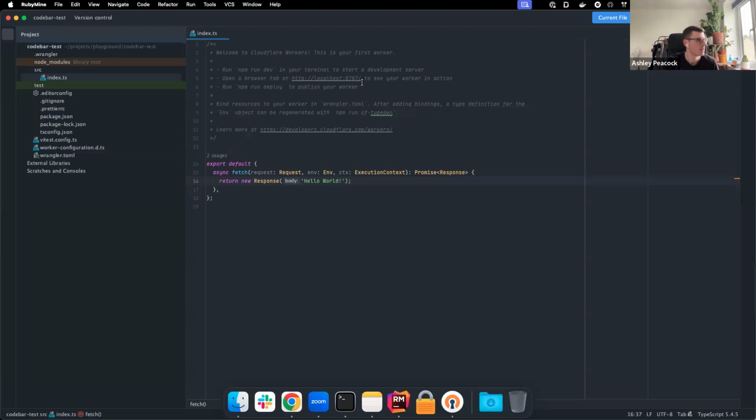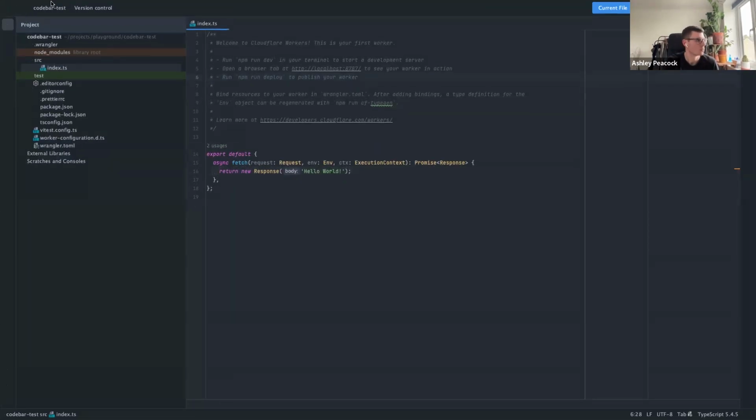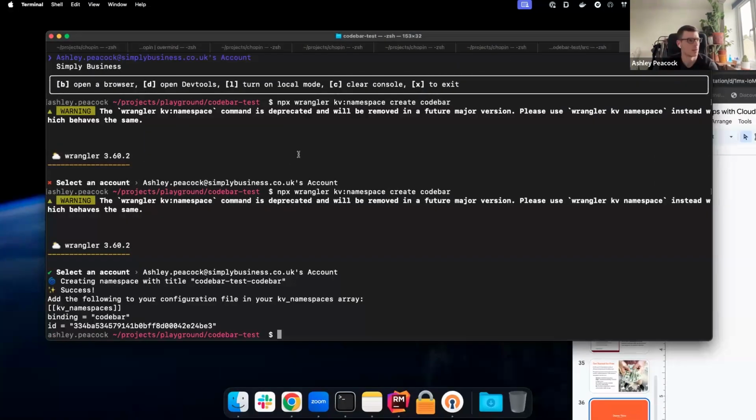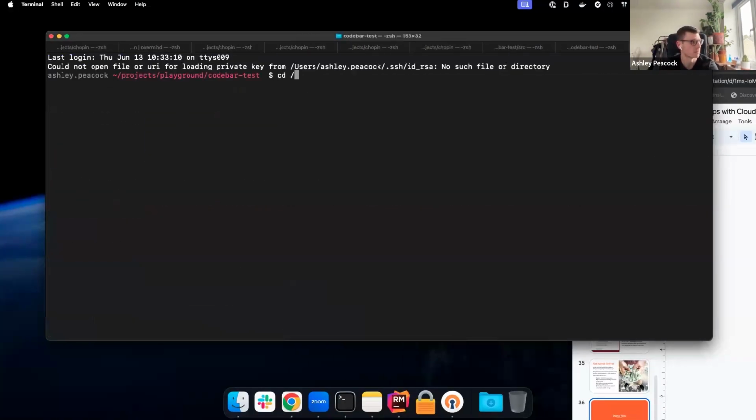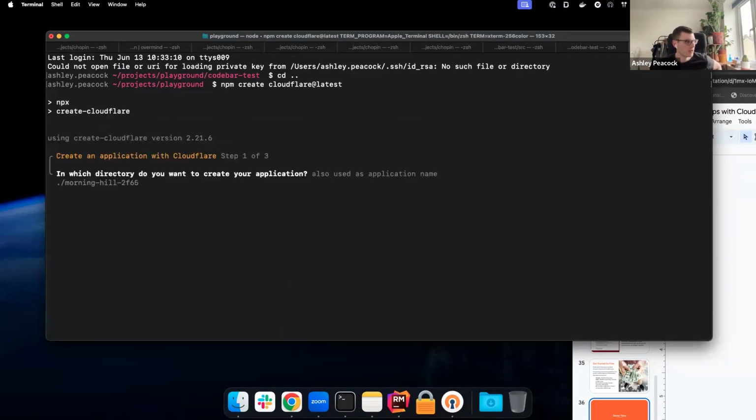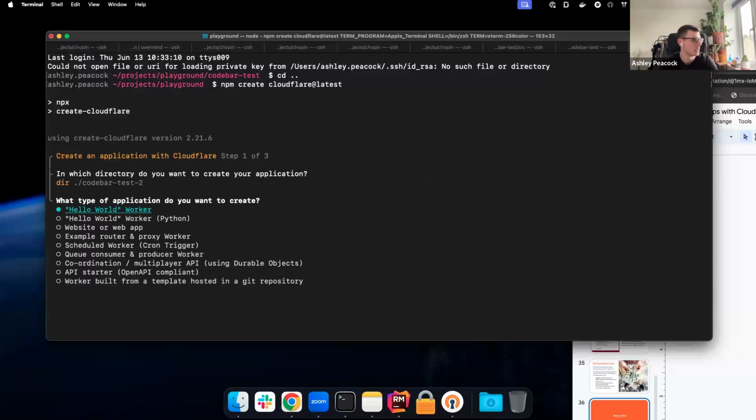Right, so just to show you what it looks like if you create a new project. You can see my terminal, right? Okay, cool. So if you want to start a new worker project or a pages project, you can use npm create cloudflare, and you give it a name. Then you pick a type, and this is where it'll create a scaffold for you, depending on what you want to build. So it will do a hello world worker, which I'll show you in a minute.